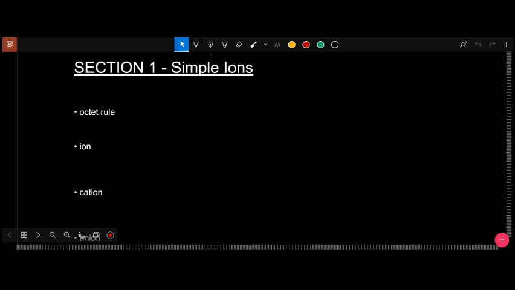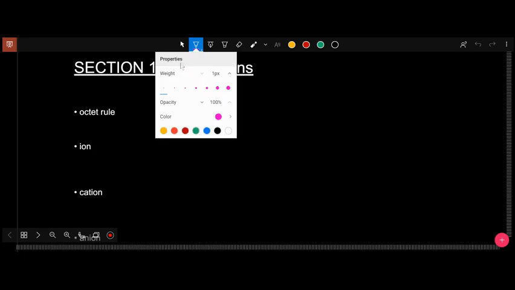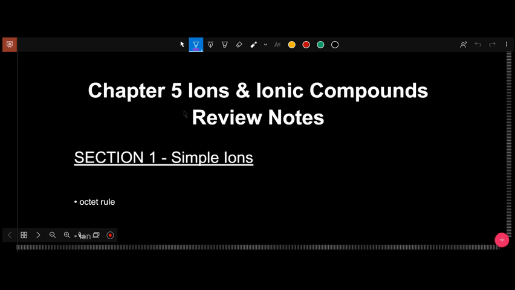Alright guys, let's go ahead and review. I know it's been a while since we did chapter 5, so let's look through it here. Alright, so chapter 5 was about ions, and chapter 6 is about